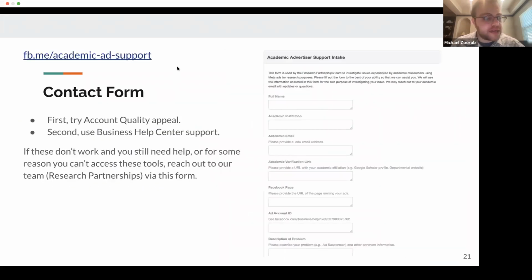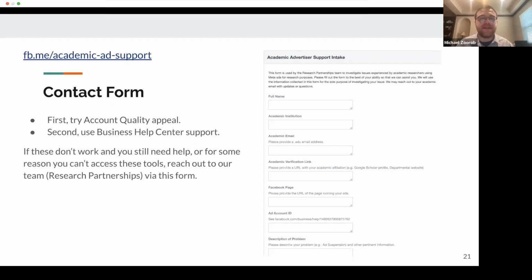And then the final thing that I wanted to mention, which I'm most excited about because the team I'm on is monitoring it, and this is something that folks on the team I'm on have really pushed for and gotten, is a support channel explicitly and exclusively for academic advertisers, because we've talked to a lot of researchers who've used the typical appeal channels, or for whatever reason couldn't access those channels and weren't able to resolve problems. And we were able to resolve those problems, which is our job, as we support academic partners.